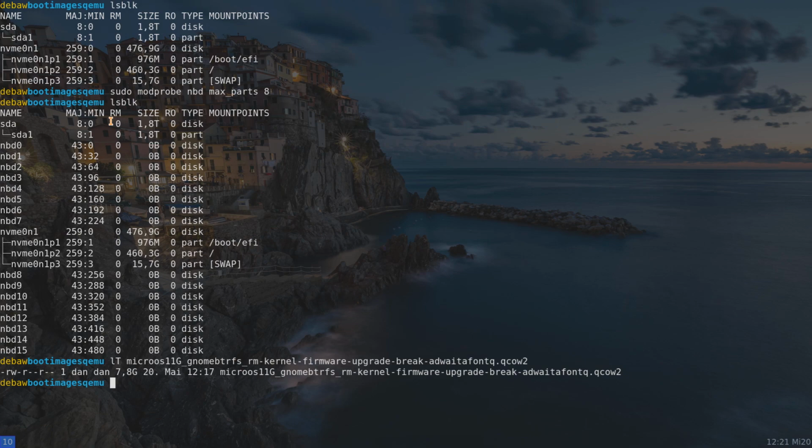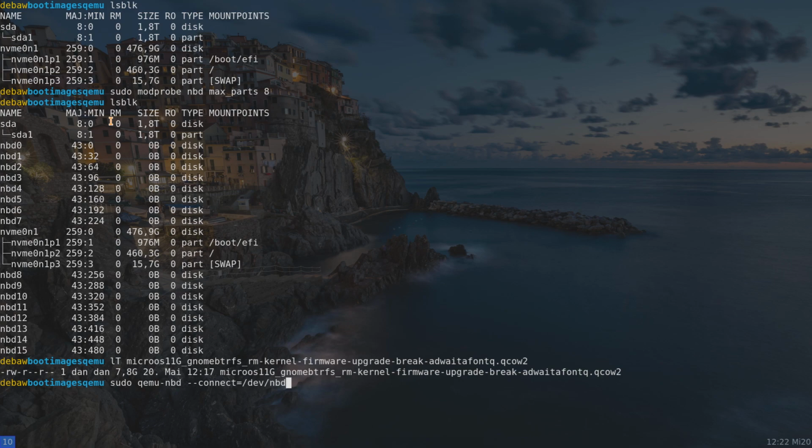Now we can connect one NBD device to a qemu-nbd image, and we do this with sudo qemu-nbd --connect=/dev/nbd and the number for the NBD device, 0 or 3, however you want. You can also work with multiple NBD devices. I also connected multiple qemu-nbd images to multiple different NBD devices and